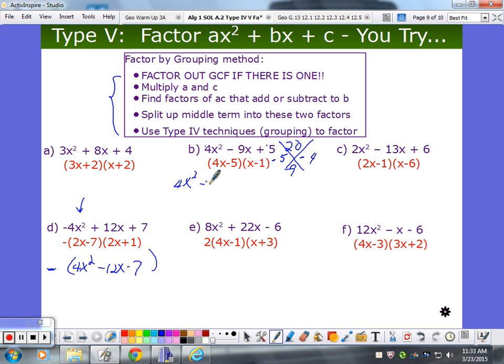4x squared minus 5x minus 4x plus 5. Group. Put the plus back in here. Factor. Looks like a 4x. So I get an x minus 5. I'm sorry, you said x. So 4x minus 5. I'm going to take out the minus. I'm in trouble here. Take out the minus. That also becomes 4x minus 5. Common factor of 4x minus